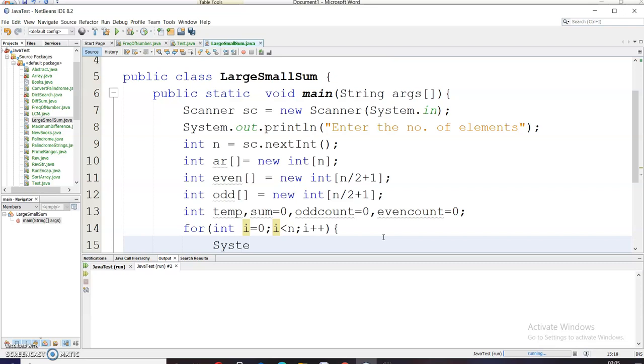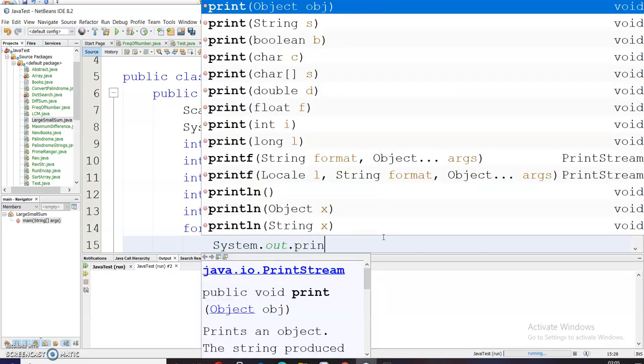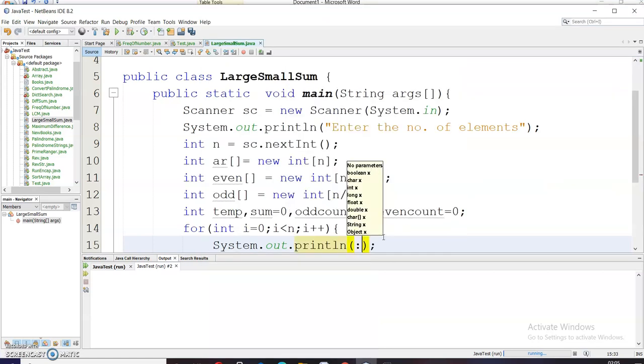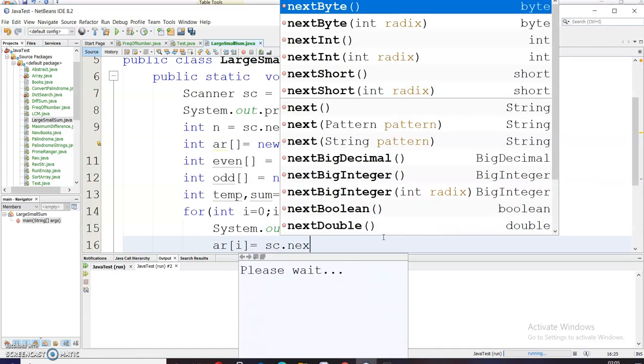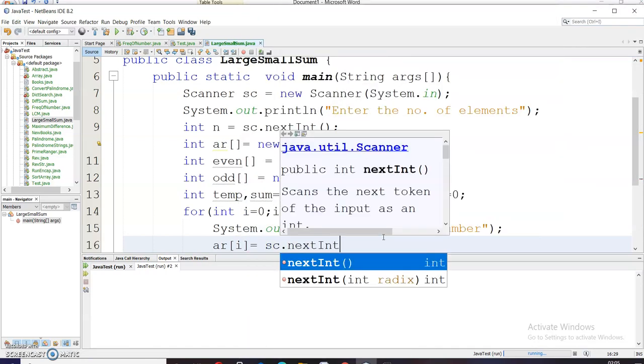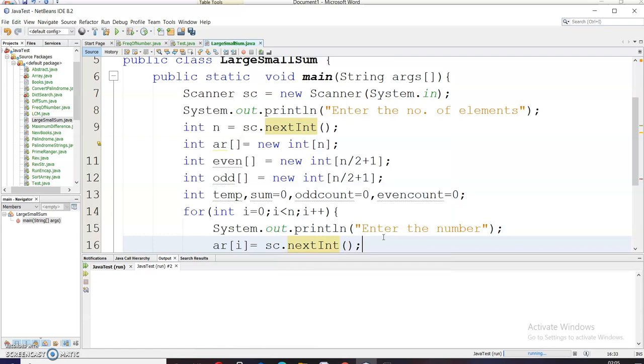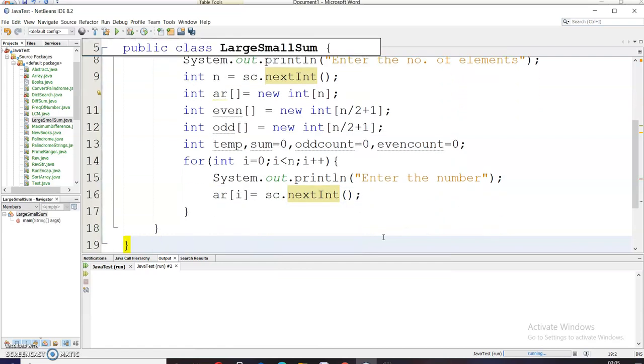So System.out.println, enter the number. And now I will take the input in my array: array[i] = sc.nextInt(). Now I have taken my inputs in the array.